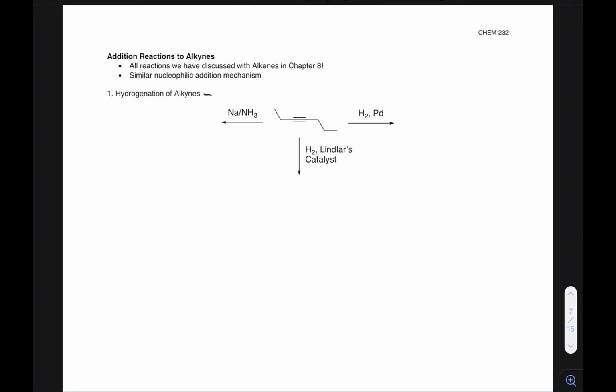In this video, we're going to start looking at doing actual reactions on alkynes. We saw some reactions where we deprotonated a terminal alkyne, but now we're going to actually do some reactions to them, similar to things we've seen in Chapter 8. So starting off, we're going to do these hydrogenation reactions, very similar to what we've seen already in Chapter 8. And in particular, these hydrogenation reactions are essentially adding hydrogen across the alkyne